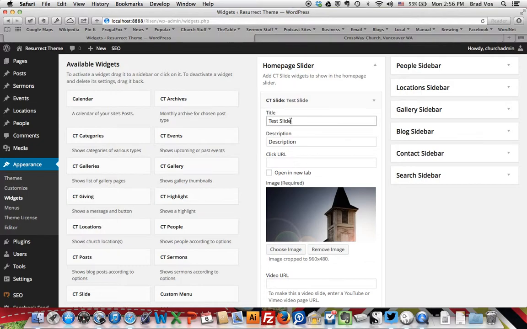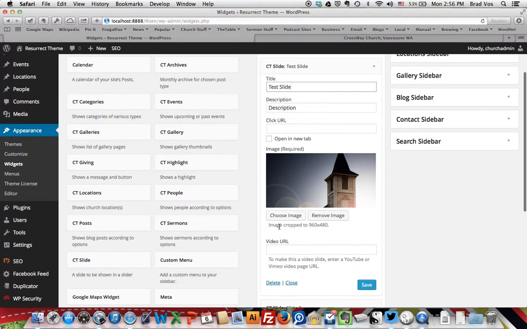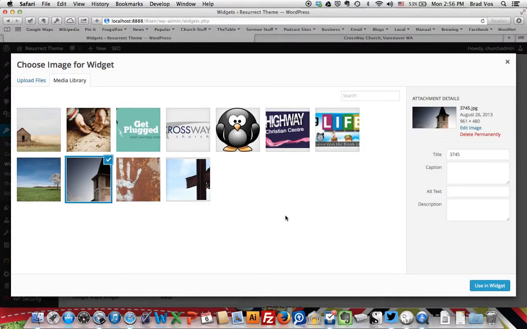You click on here and do your title that you want. I just have used test slide and the description, and it will automatically appear over the image. Now, he's also even told you exactly what size image you should use. He recommends a 960 by 480 size image, and you just choose your image here from your media library, and